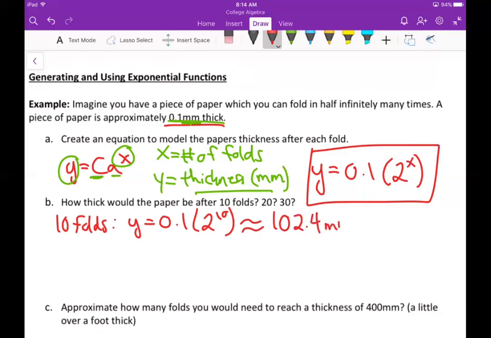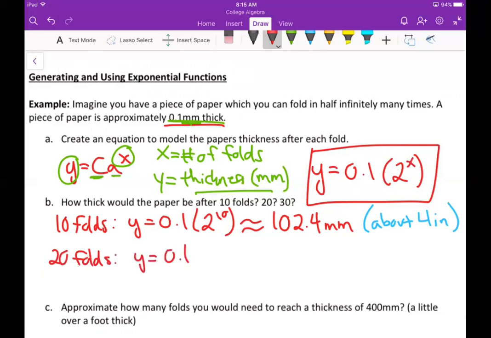102.4 millimeters. Now, we don't often work with millimeters, so I do want to give you an idea of the thickness there. So after just 10 folds of the paper, you know how thick a piece of paper is. That thickness now of the paper folded 10 times is going to be about 4 inches, which is what 102.4 millimeters converts to. Okay, so we have a 4-inch thick fold now with just 10 folds. That's crazy. Okay, so if we could fold a piece of paper then 20 times,